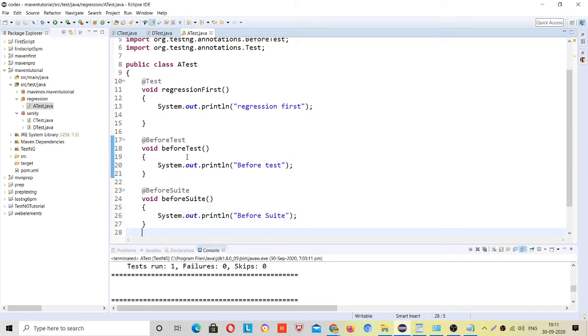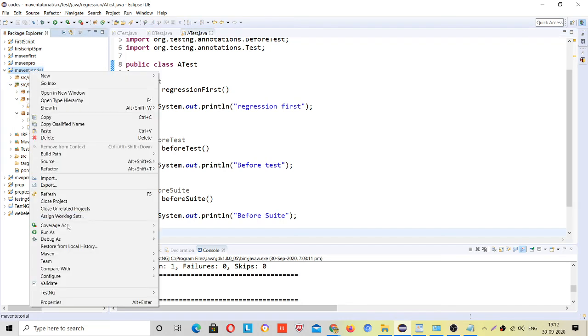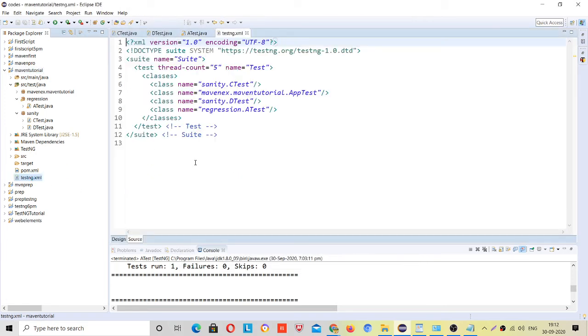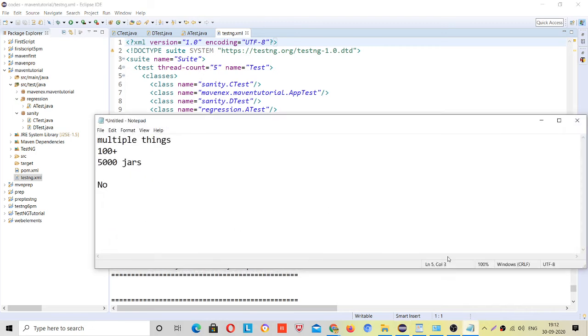Okay. Now convert this project to a testng project, right? Right click, testng, and convert to testng. So it will create a testng.xml file for you. Now see, testng.xml file is created. Now what order should it execute?